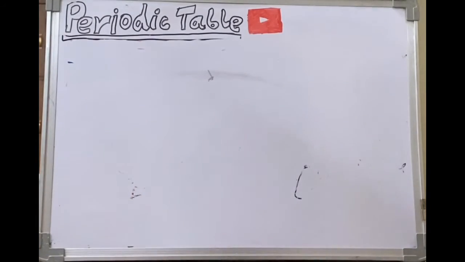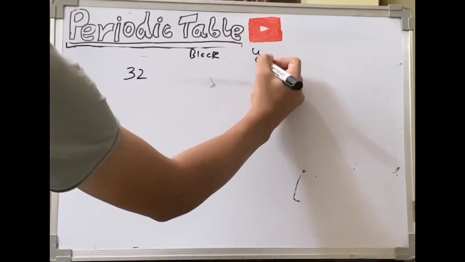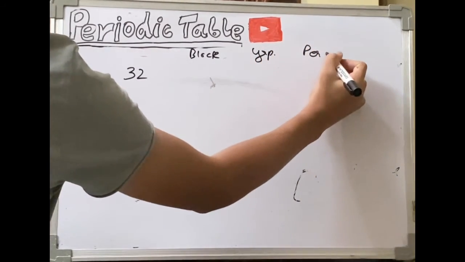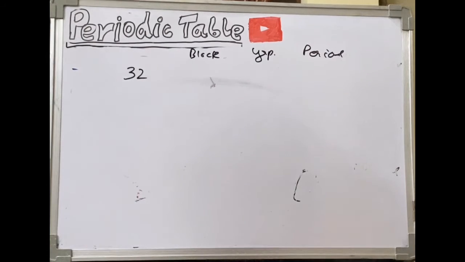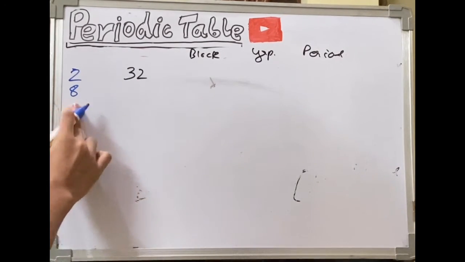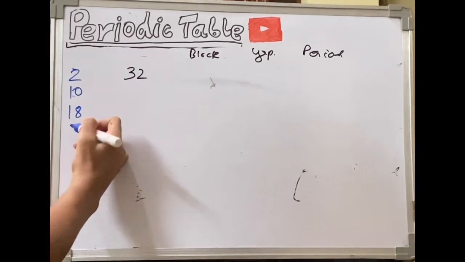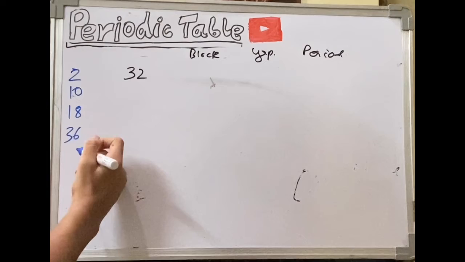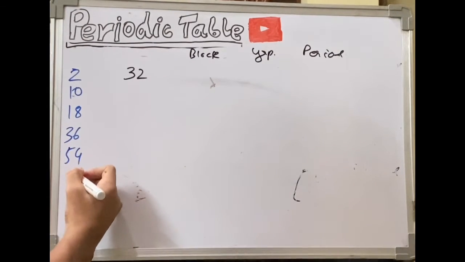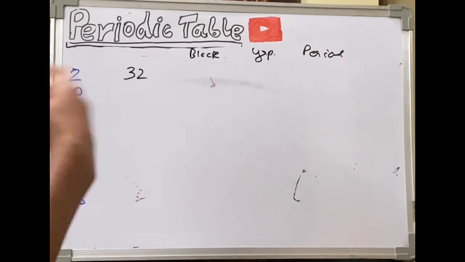Okay, for example, if you have been given an element having an atomic number, then you have to find the block, then the group, and the period number. So now we'll take the help of the magic numbers. What were our magic numbers? They were 2, 8 plus 8, 6, 2 plus 8, 10, 10 plus 8, 18, 18 plus 18, 36, 36 plus 18, 54, 54 plus 32, 86, then 118. So here we will find the closest number.